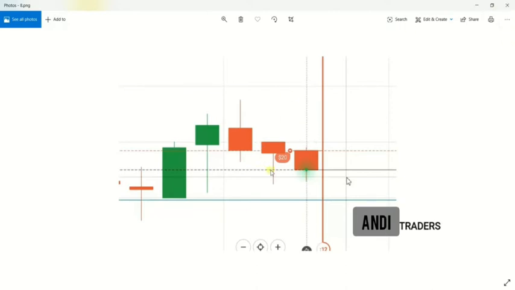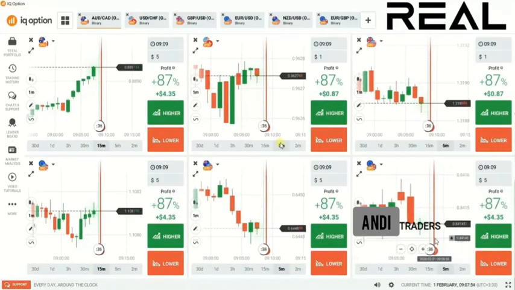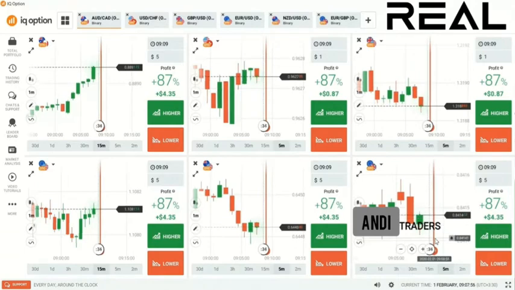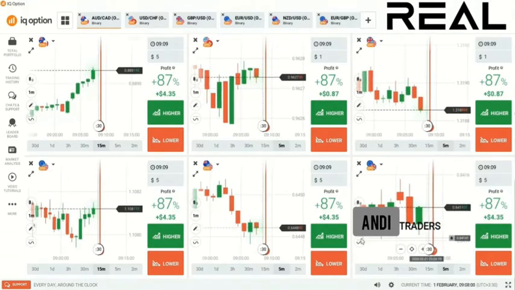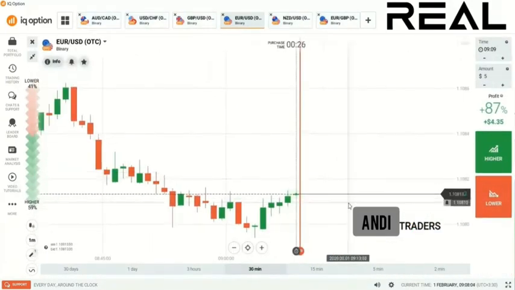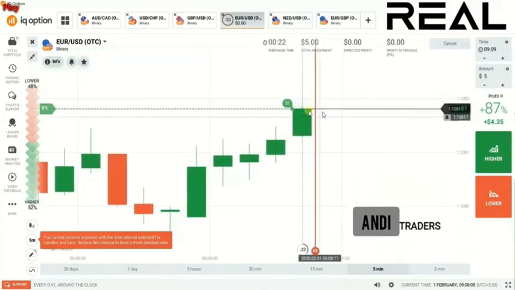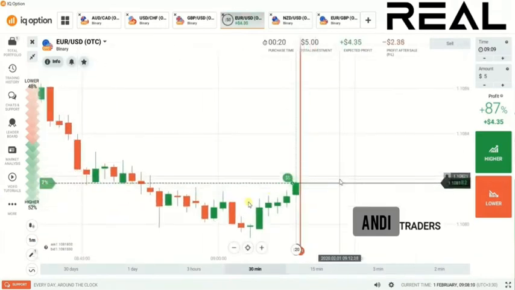Remember this candle every time. This candle will help you. And also let me show you some trades here with this candle on this video. If you check my videos, I trade with these candles mostly, and this candle will work very good. Here you can see I placed the higher option. Because of fast momentum I got a late entry, but